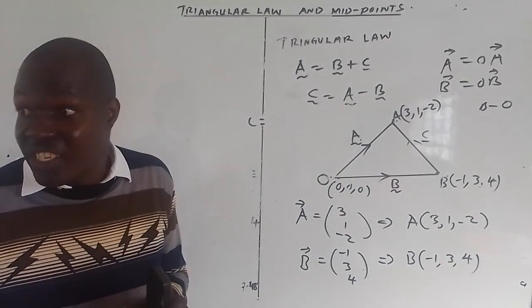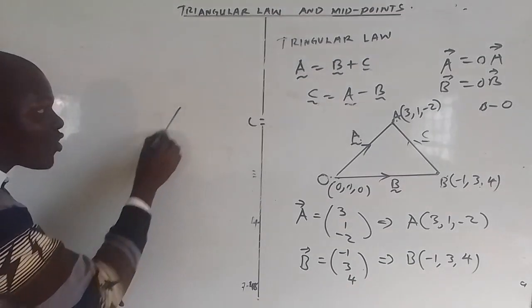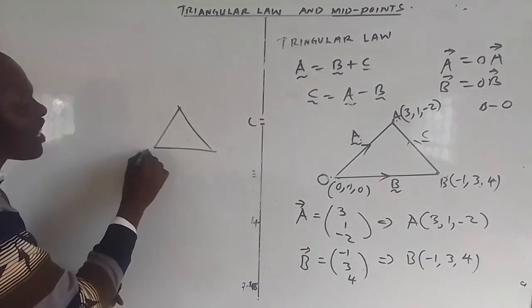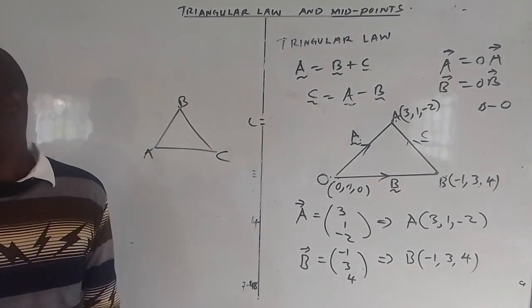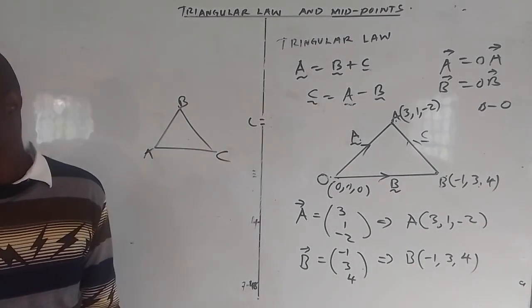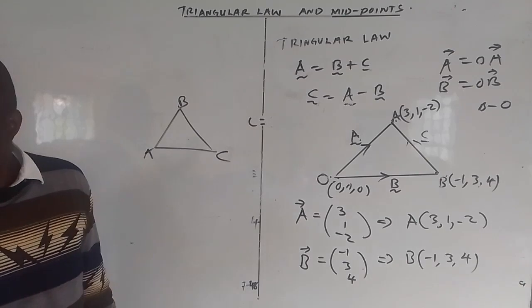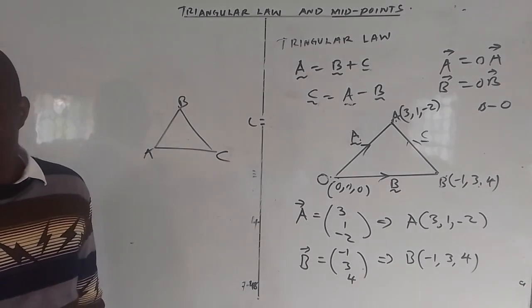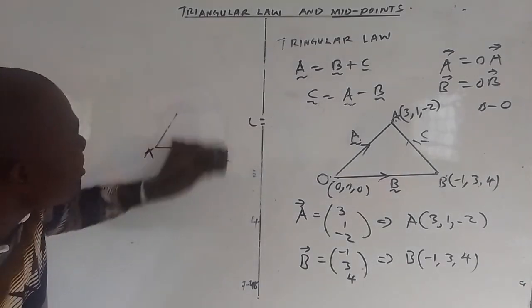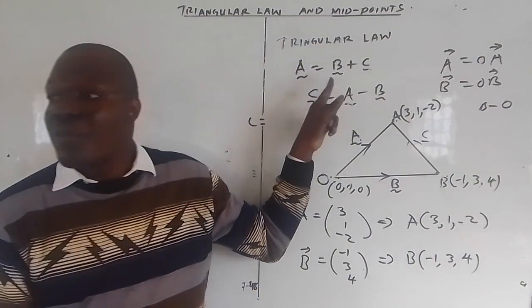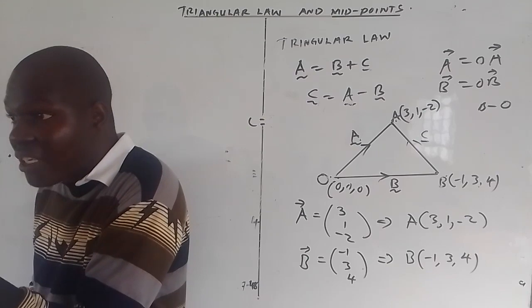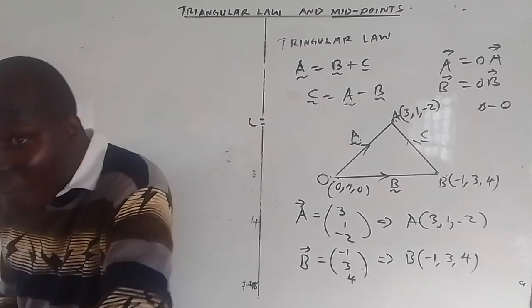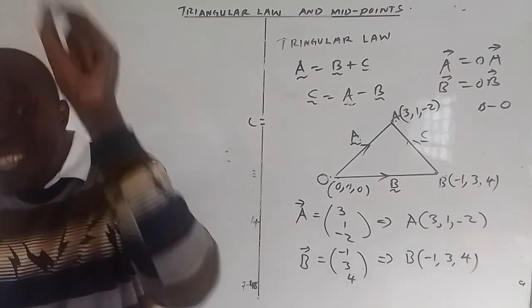Are you seeing how the triangle is sketched? The reason why I'm insisting is that I don't expect somebody to come and start sketching the triangle like this, ABC. This is not class 4 algebra, this is vector analysis. All vectors must be relative to the origin. Are you getting that? It is not this. You must make one the subject of the formula, meaning that one must be in terms of the other two. Are you getting that? One must be in terms of the other, and you must have the origin in that